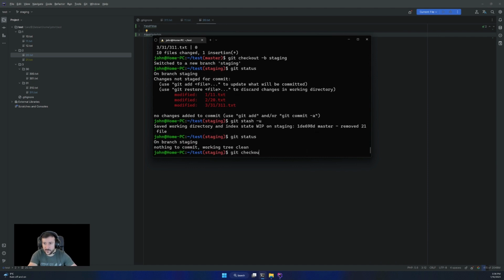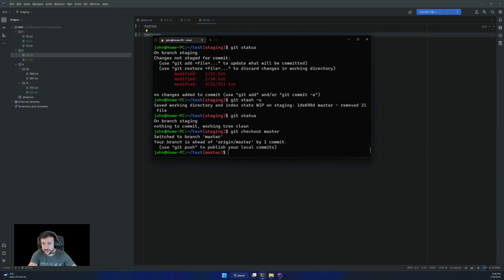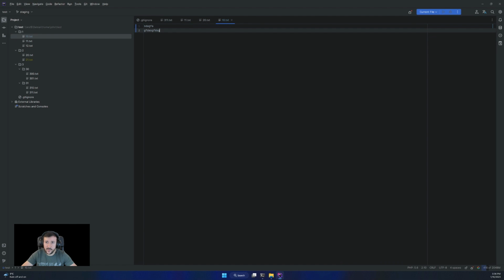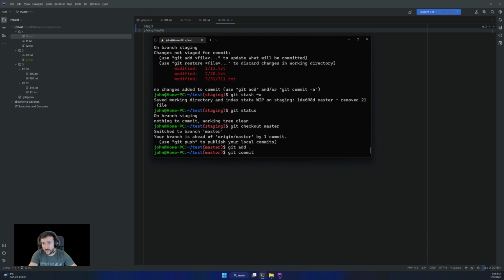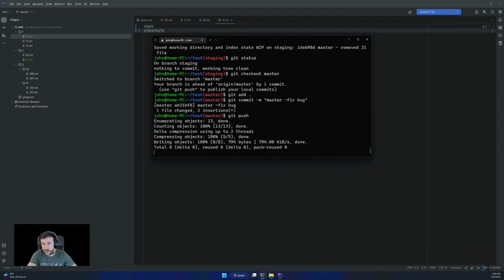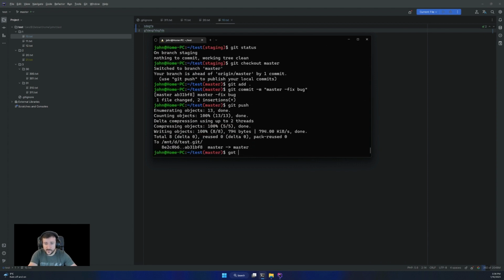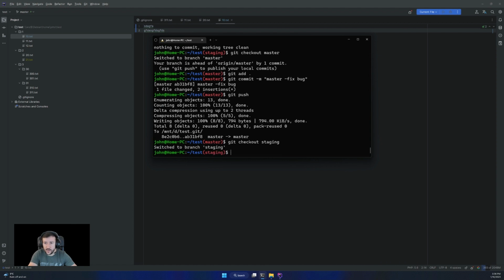Now you can switch to the master branch and maybe do some other changes in here, fix the bug, and then do a commit with that bug fix. Git commit master fix bug, and push. Okay, and then to get back to what you worked on, you're going to switch back to the branch